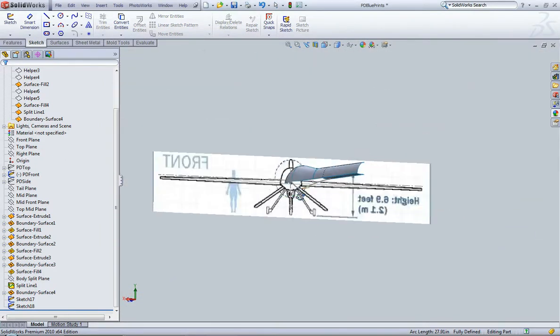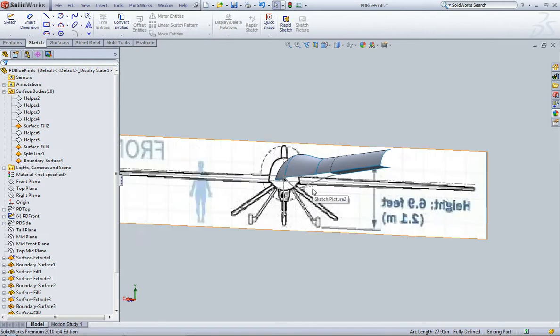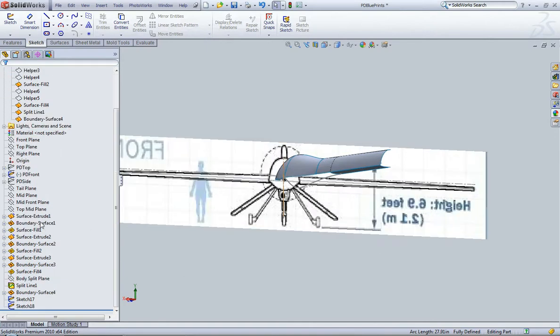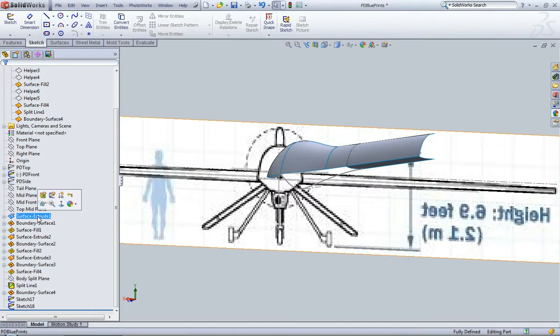One note I do want to make right now. Obviously, I've been naming the planes, but you'll probably notice that I haven't named any of the sketches or any of the surfaces, except for the helper surfaces. Typically, I would name all these surfaces, at least until I got to a couple hundred of them, and then I would probably give up. The reason for that is, a lot of times you'll try to name a surface the same as another surface, and it becomes a headache. But I strongly urge you to name your surfaces. You know, if you come in here and you're